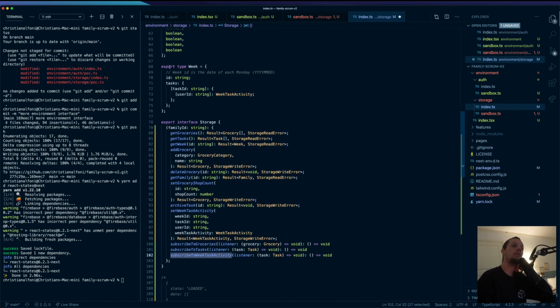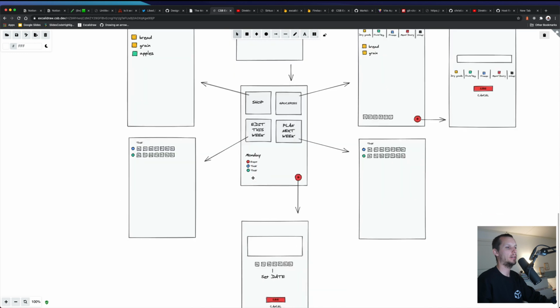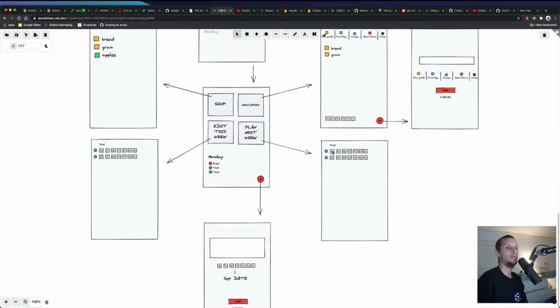At what level do we set up the subscriptions? Do we set it up for the whole week? Yeah, I think we do. Because the way the task ID is added here is when someone toggles the first time. That's when it actually adds the task ID there. And we need to know about that. So if I'm looking at this overview here, and then for example my